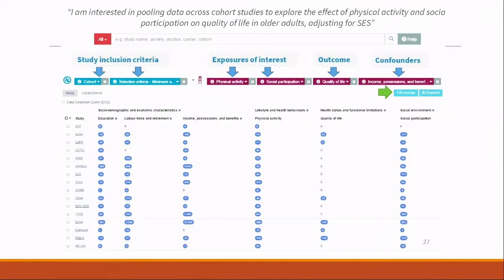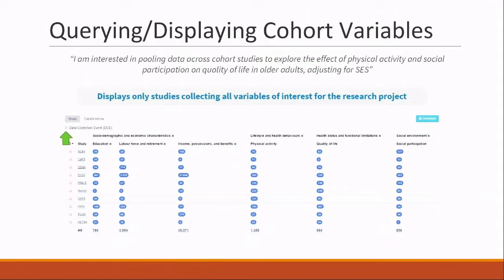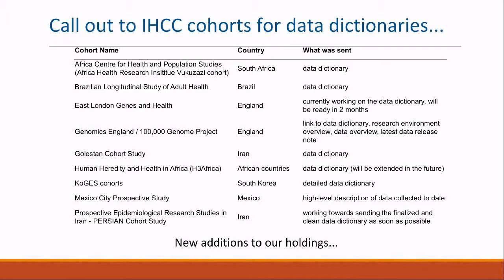You can ask questions from the portal. If you've got a cohort and you want to be picking variables, say I'm only interested in, I don't know, setting up study inclusion criteria, and these are some exposures that you might be interested in, the outcomes, you can pull that information from that portal, from those cohorts. And this would be the result of a query from that portal as well.